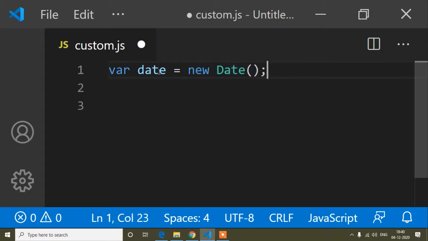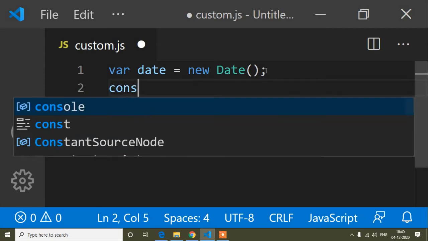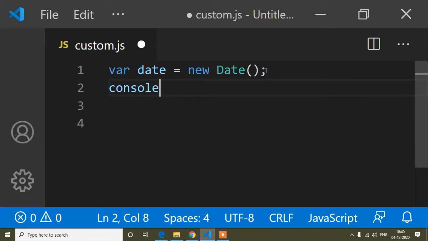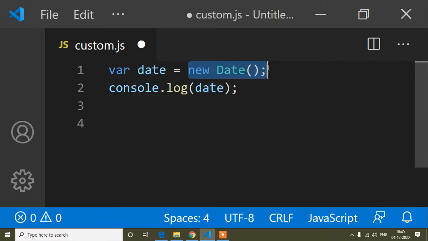Now here I will print this date variable because I want to show you how we can get the current date. In console.log, I will copy this date variable name and paste it here, because in this date variable I just stored the current date using the new Date object.